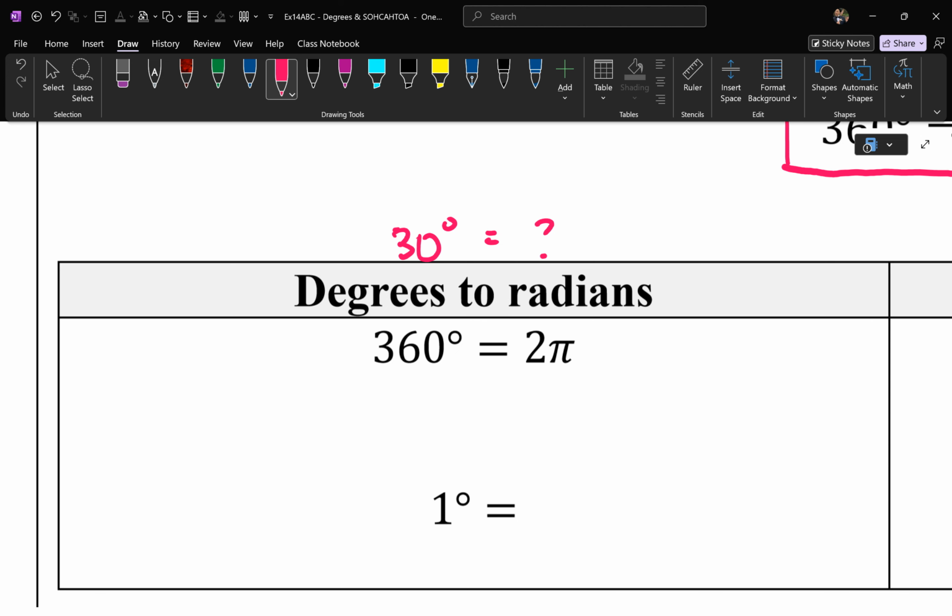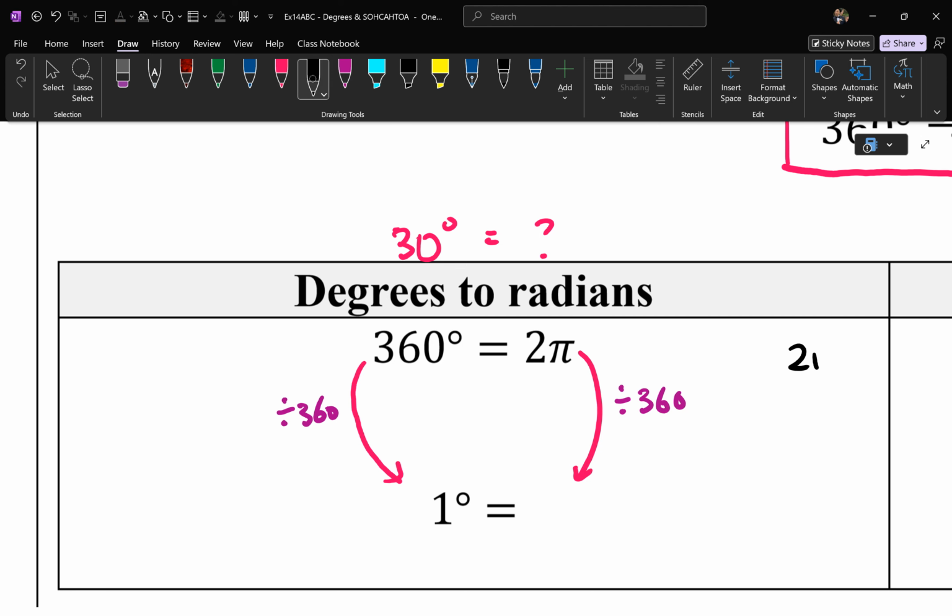Well then, with this same concept, if I want 30, I can work out how many 30s fit in 360. But if it was a number that doesn't fit in 360, the best one is to work out, well, how much is it for 1? Because if you know how many radians there are for 1 degree, then you can work out for any degree, right? So the logic here is, well, if I got 360 of these degrees and I just want 1 of them, well, then the logic is I divide 360 by 360, that will give you 1 degree. But since they're equivalent, whatever you do to one side, you must do to the other. So if you do to the other, dividing 2 pi by 360,